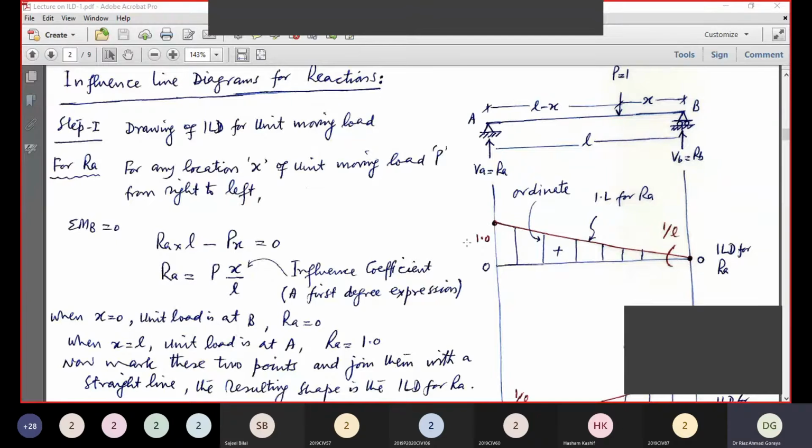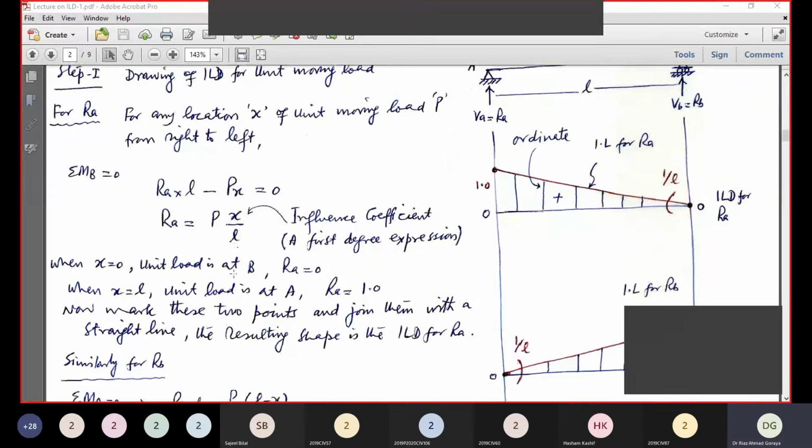Why straight line? Because this expression is first degree expression, which always corresponds to a straight line. And it will always be a straight line because now mark these 2 points and join them with a straight line. The resulting shape is the ILD for RA because this is the linear function of distance x. Similarly,